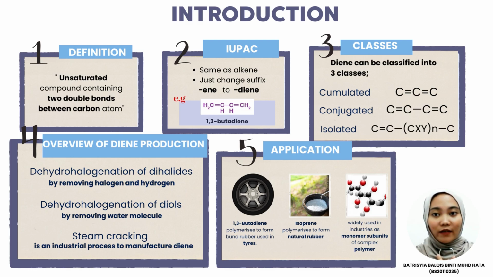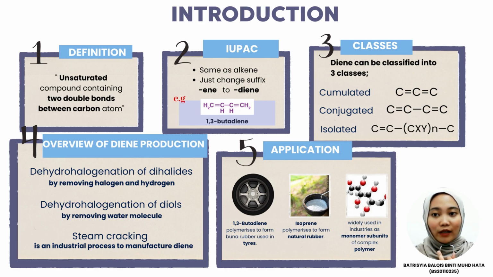Starting with its definition, diene is an unsaturated compound containing two double bonds between carbon atoms. Its IUPAC name is the same as alkene, by just changing the suffix from "-ine" to "diene". For example, in the figure, carbon number 1 and 3 have double bonds, so the name of this compound